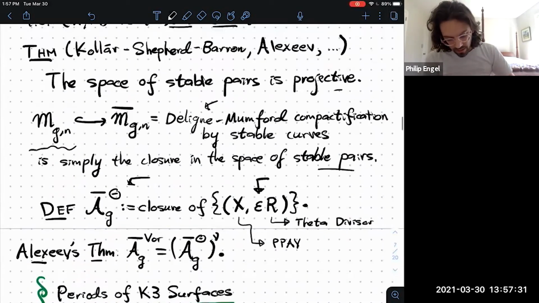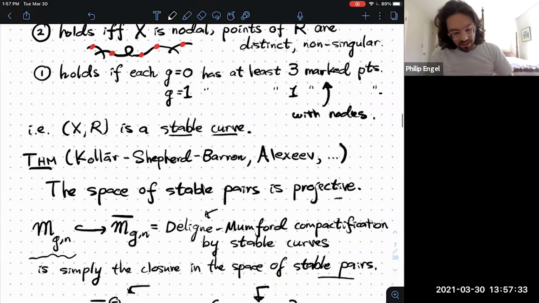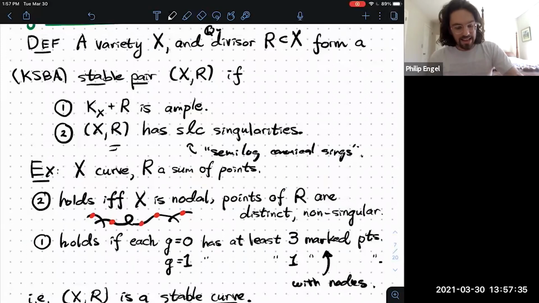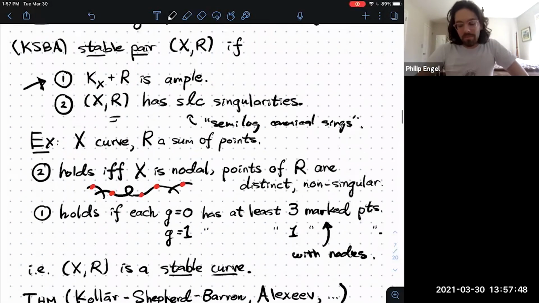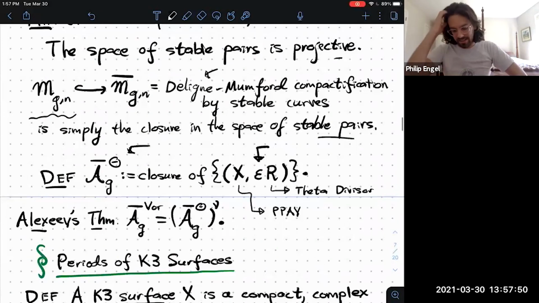Okay. So if I take epsilon really small, I still get the condition that kx plus r is ample, right? Because k, the canonical bundle of the abelian variety, is trivial. So even an arbitrarily small addition of something ample will make kx plus r ample. So this is maybe a reason why you would expect this epsilon here. And so I can take the closure of the